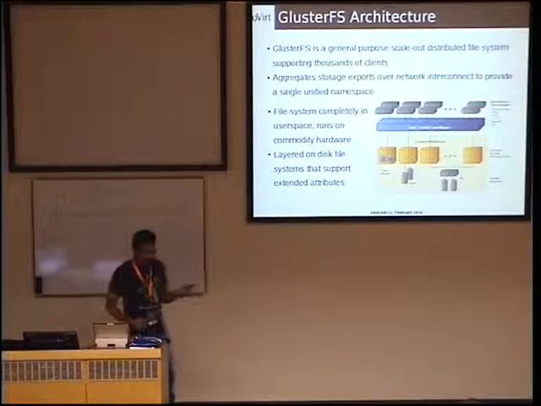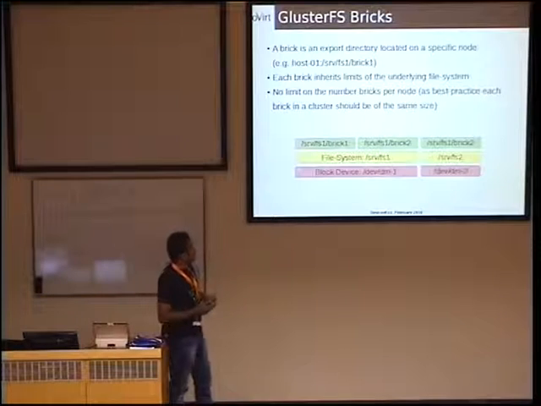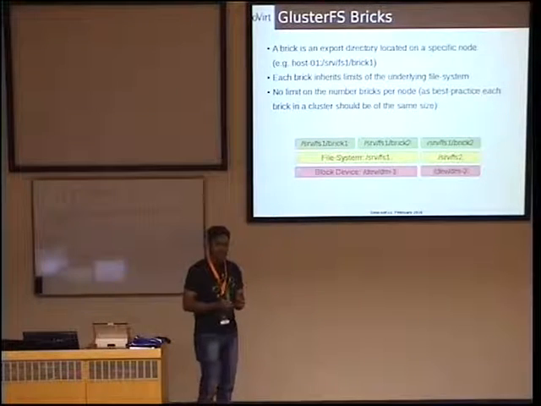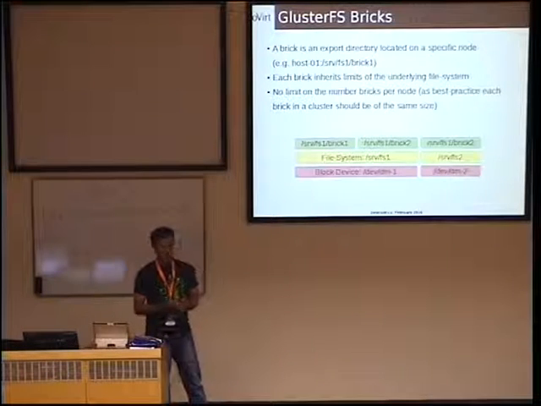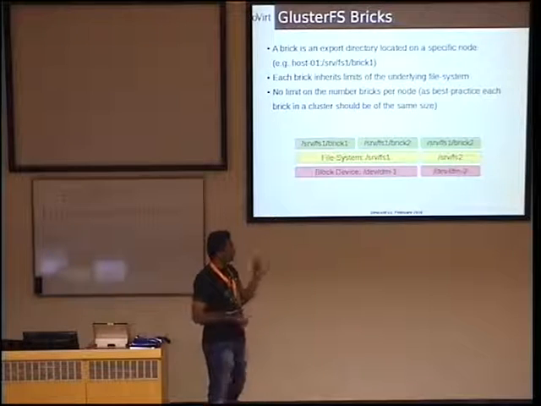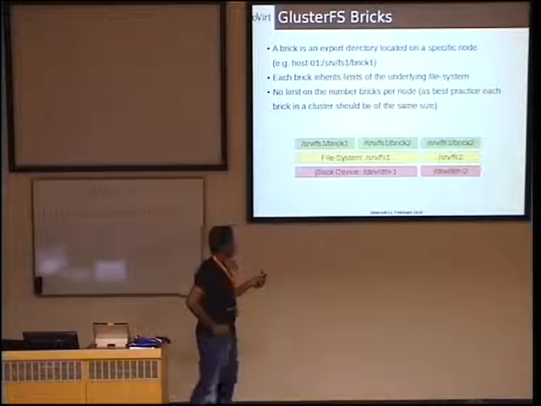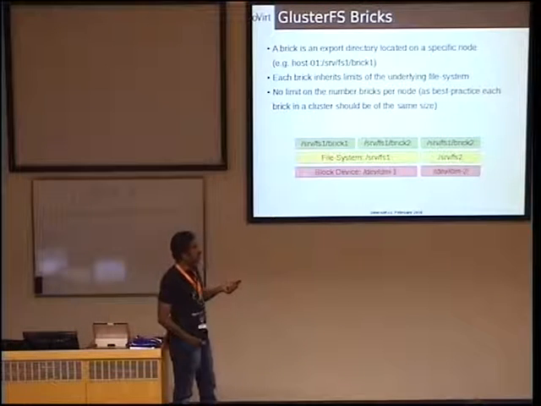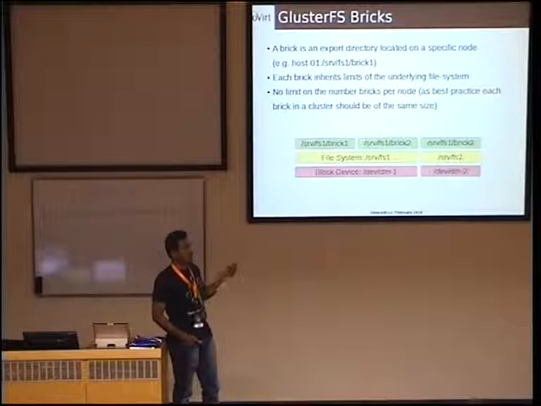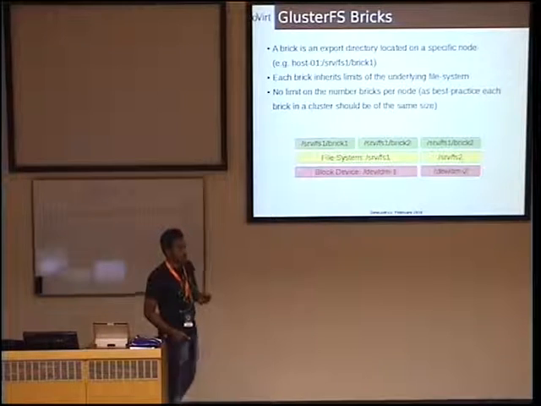There are multiple things. Maybe in the next slide I will talk about the basic things. So a brick is a basic component in Gluster. It's the actual place where your data is getting stored. It's actually a mount point. You see from this diagram, you have a block device in the system, and you format it, you get a file system on it, and you mount it on your system, and that mount point becomes your brick. The brick is a place where your actual data is getting stored,